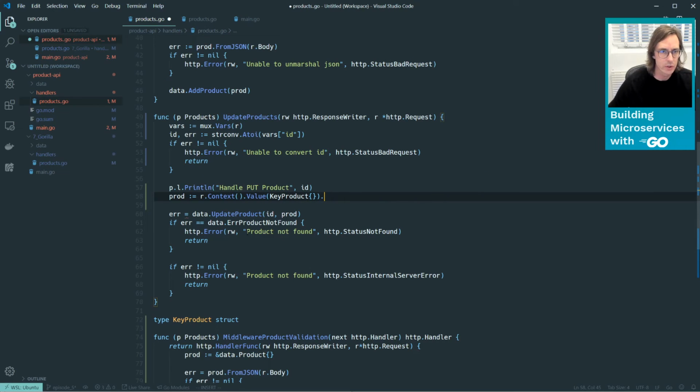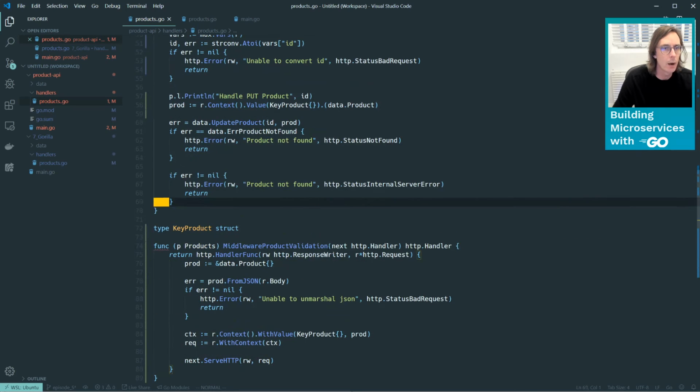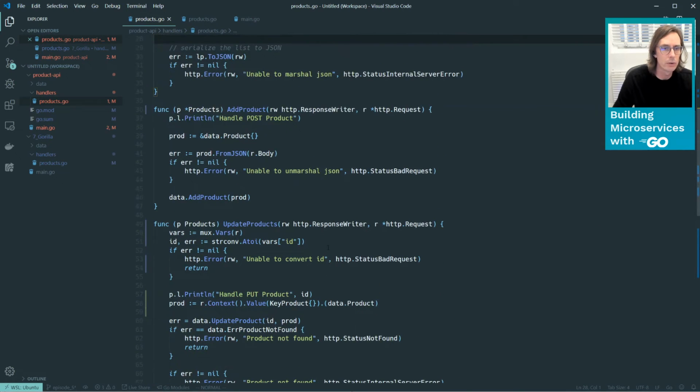Of course, this is just going to return us an interface, so we do need to cast it. It's going to be pretty safe just to cast this because it's impossible for anything to get into this function without going through the middleware first, and in the middleware we're ensuring that that's happening. So we'll just cast that like that. And then in our post handler as well,